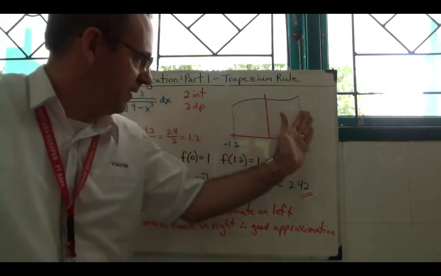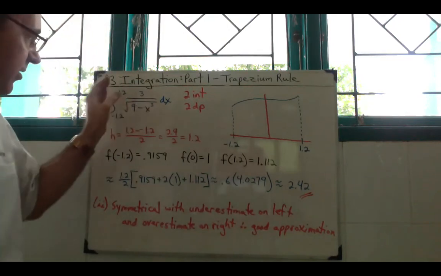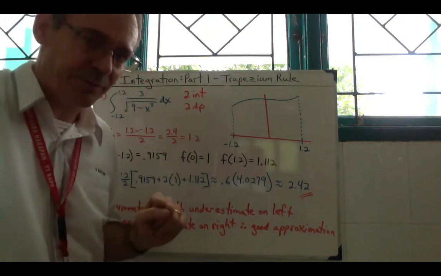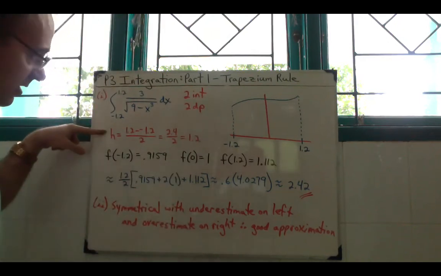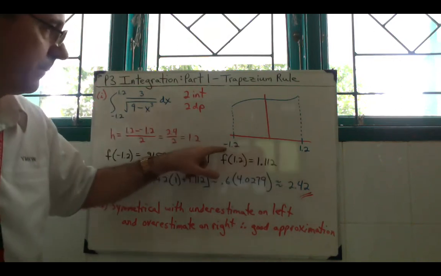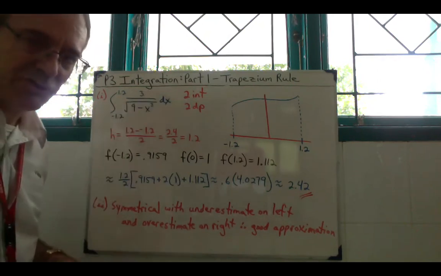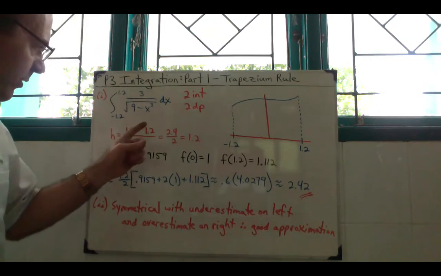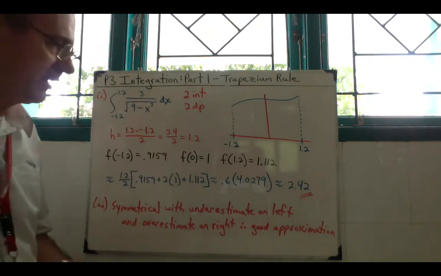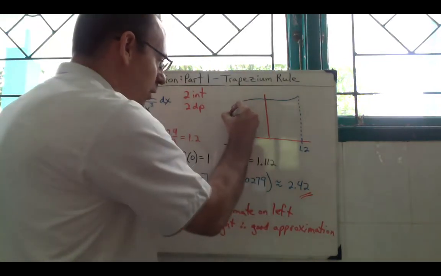So I've drawn the graph. You can see from 1.2 to -1.2. So, and here's the function. It says 2 intervals with an answer to 2 decimal places. So let's calculate the height first. B minus A, 1.2 minus -1.2 divided by 2, because we're doing 2 intervals. And we get 2.4 divided by 2, which gives us an interval of 1.2, meaning we're doing -1.2 is one side,